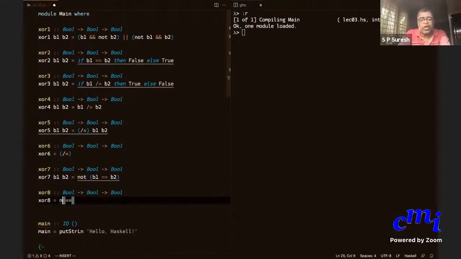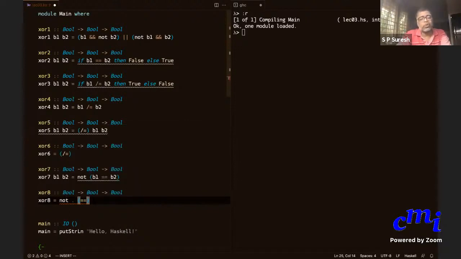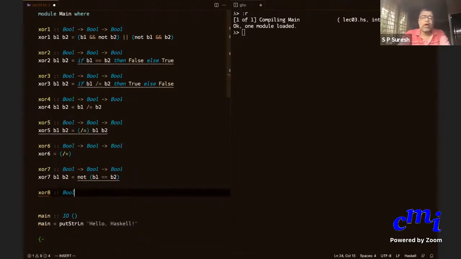You want to basically say not equality, but that won't work because not is a function that applies only to a boolean. Can I compose? No, I cannot compose, because I need it to be unary for that. So here I cannot do it, but your question is good. Just give me a minute.